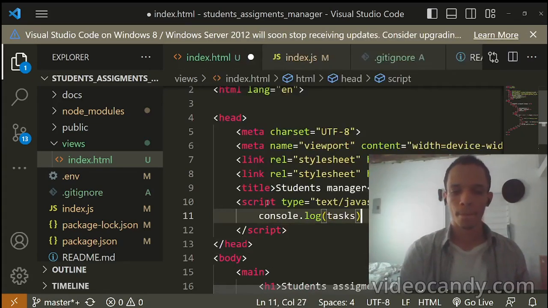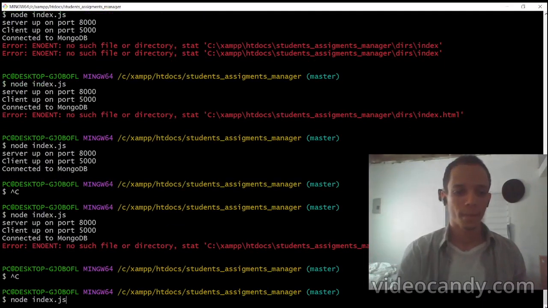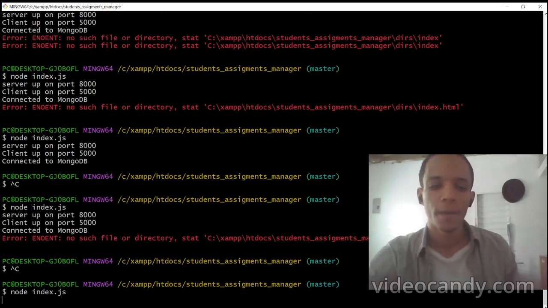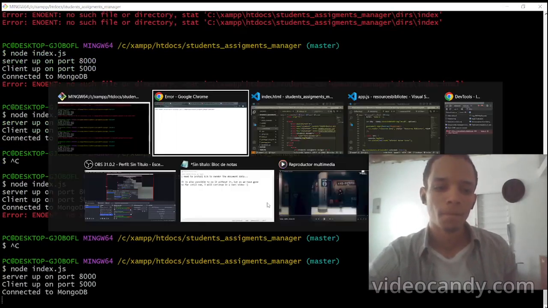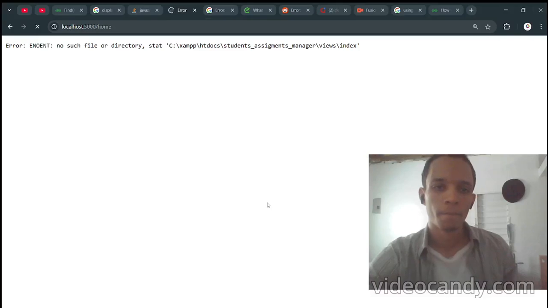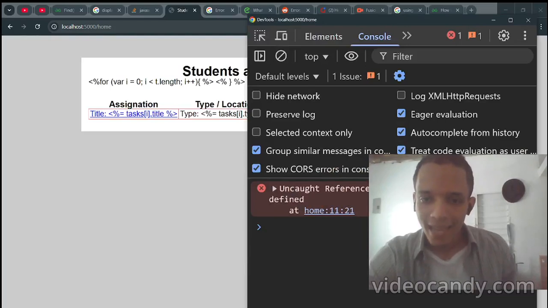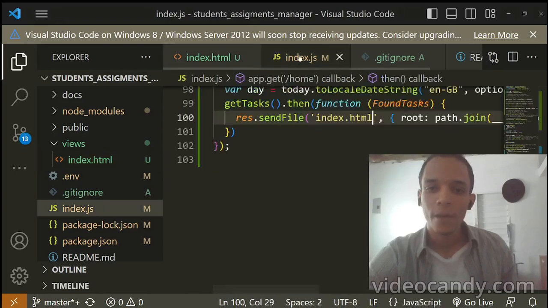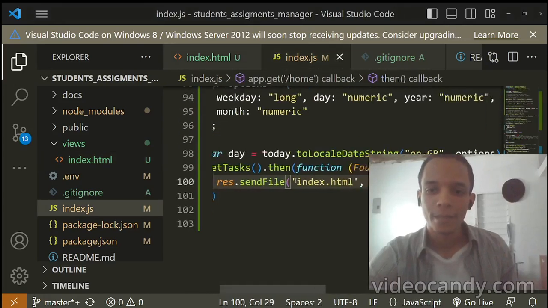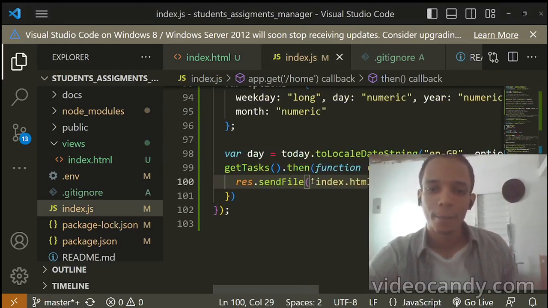Let's start here. Let's see something. Task is not defined. That's the problem. The problem is that the data that we're getting from the database is actually not being